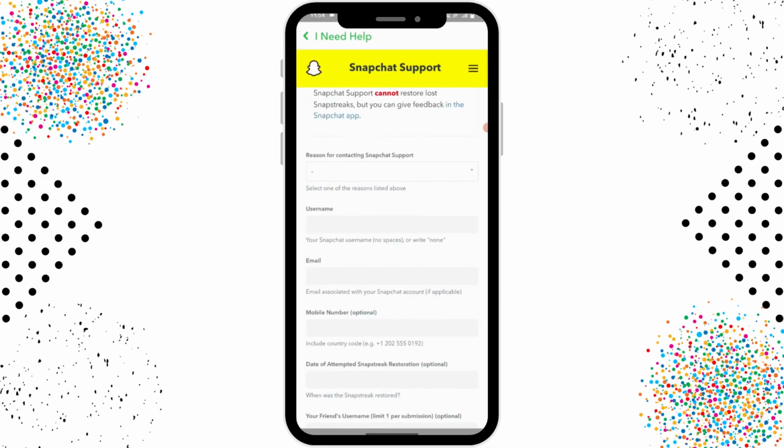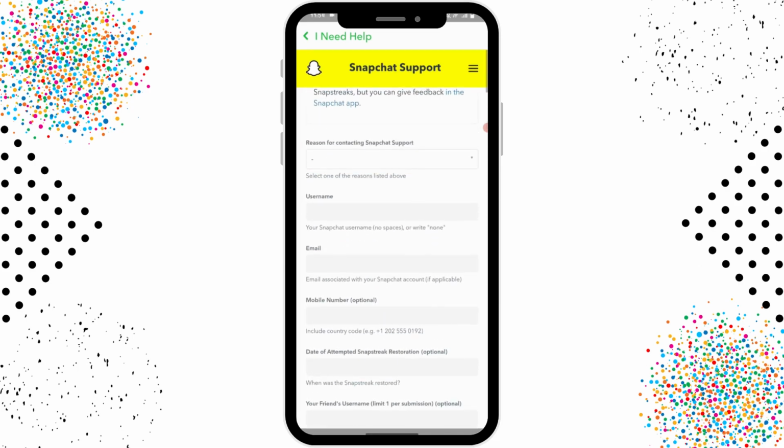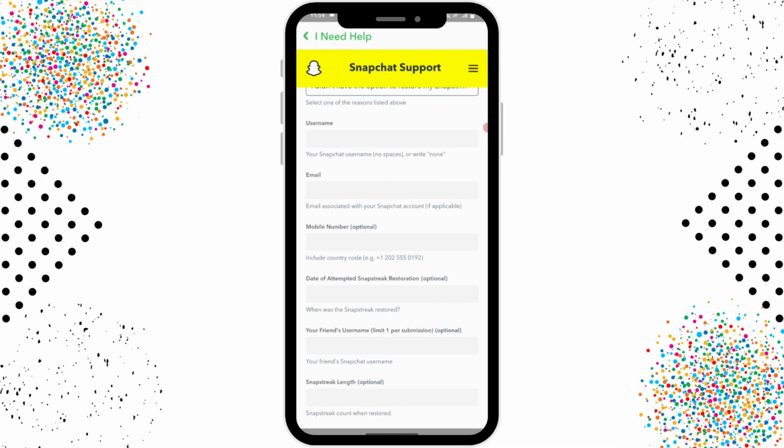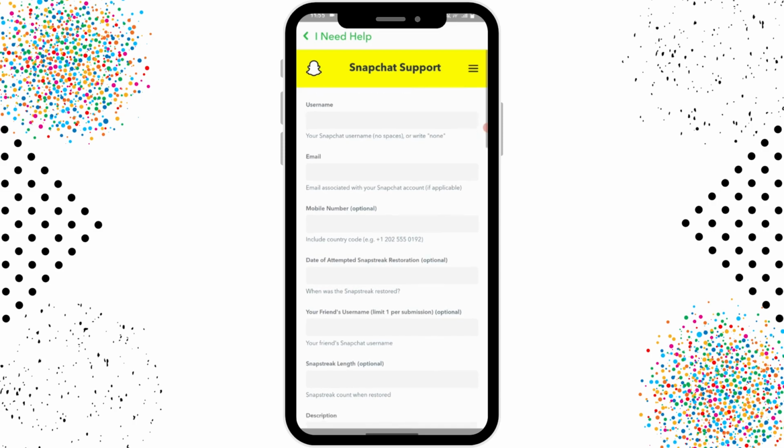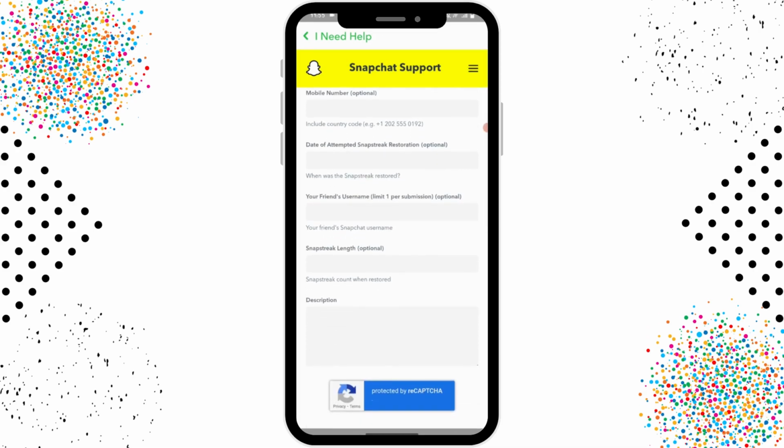Now if you scroll down, here you will have a form, so you have to fill up this form. So to fill, you have to simply first choose a reason, and here you have to choose the second reason. Scroll down and you have to enter your username of your Snapchat, and then you have to enter your email address and then your mobile number. So make sure you enter the exact email address and the phone number,